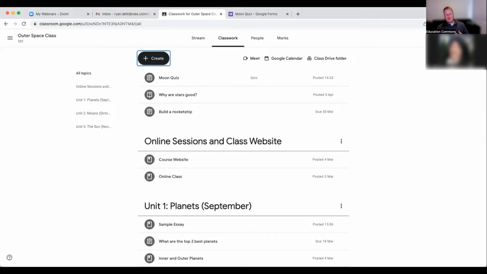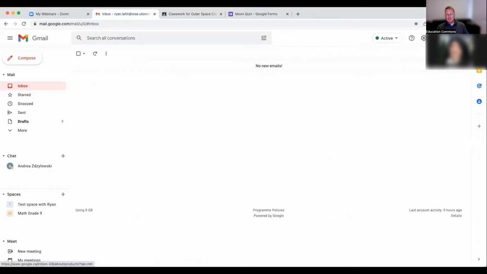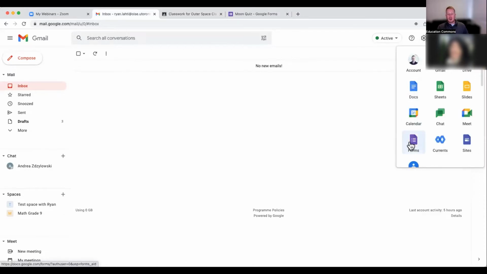So if I head back to my Gmail here, you can easily hit the dropdown, go to Forms, and you can start creating your own quizzes or emailing or sharing quizzes with your peers, especially if you guys are teaching similar courses. And that way you'll have a nice library of different quizzes you've created that you can easily pull into